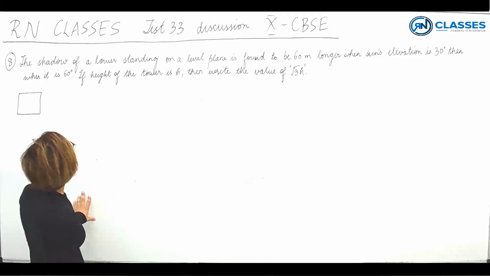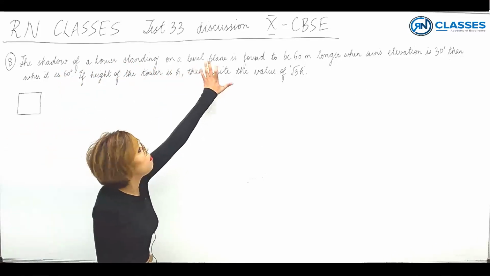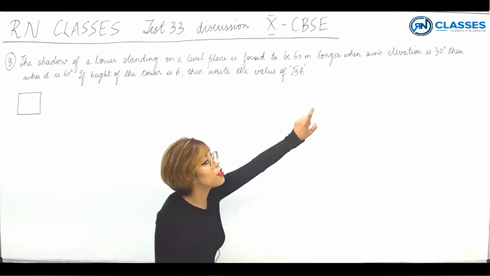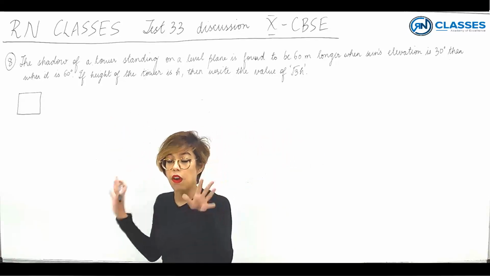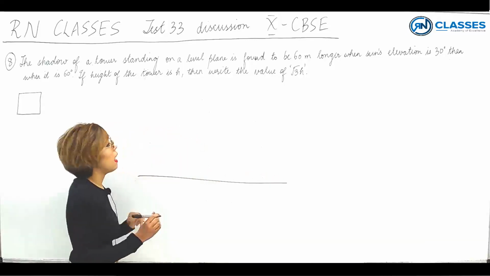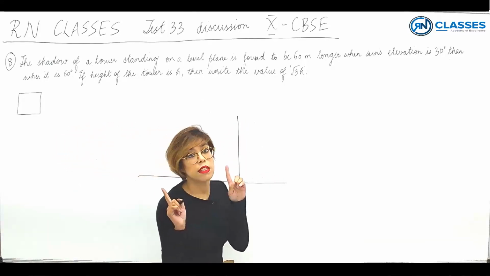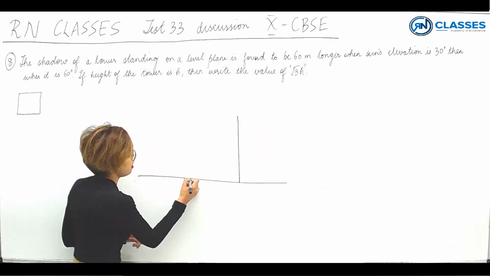Alright, so the next one. The shadow of a tower standing on a level plane is found to be 60 meters longer when sun's elevation is 30 degrees than when it is 60 degrees. Alright, so first of all, let's make the plane ground. Right, and suppose this is my tower. Now, there are two elevations of the sun possible, 30 degree and 60 degree. So, suppose 30 degrees is at this point,